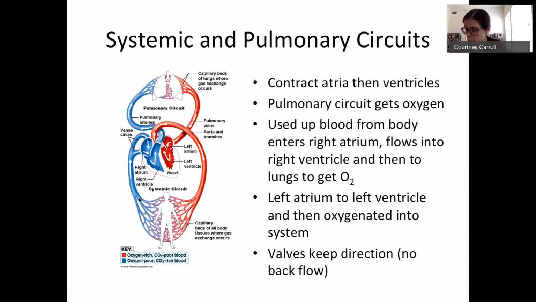This sad, used-up blood is then going to enter the heart via the right side, that right atrium, and then will contract and send it into your right ventricle, which will contract and send the blood into your pulmonary circuit, where it will encounter the lungs and a gas exchange will occur, getting rid of that carbon dioxide and taking in oxygen. This fresh, happy, oxygenated blood will then return to the heart again, starting that cycle over with the left atrium. And we have valves in your heart which will close after the pumping and keep the blood moving in that same one direction.